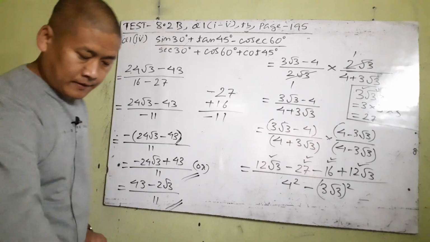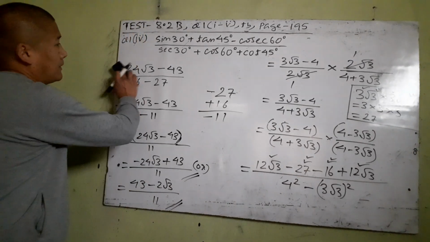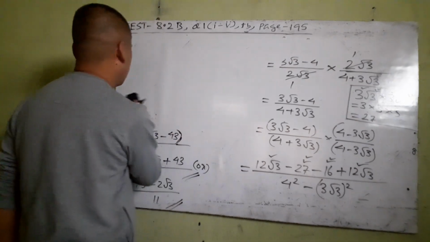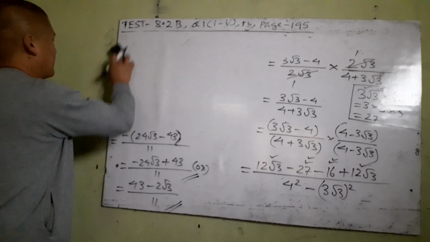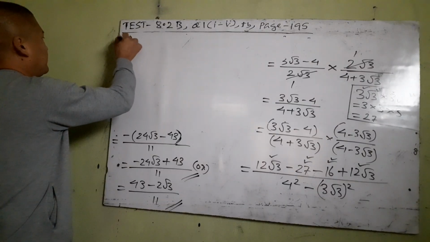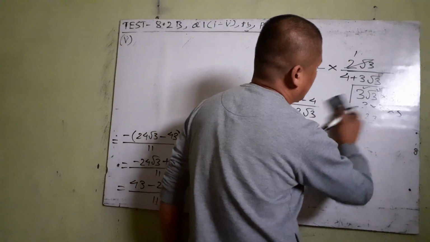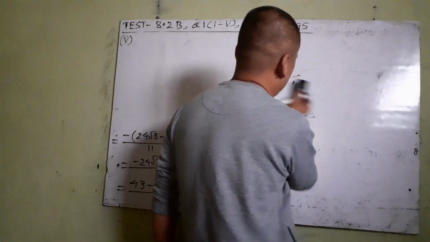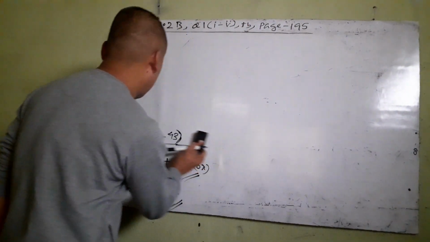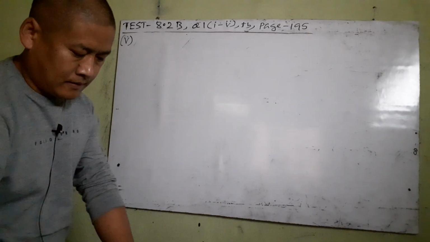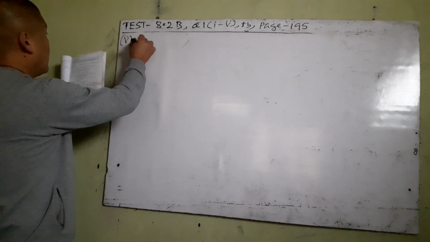Okay, so one more question to go. That is 5. So let us do that, and that will complete your test part. So 5 here. Let's write the question carefully. 5